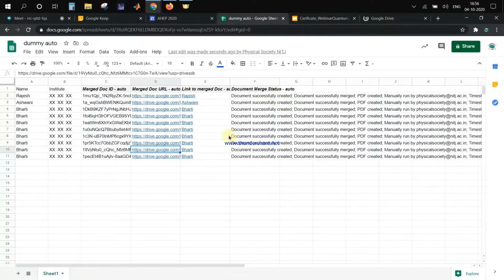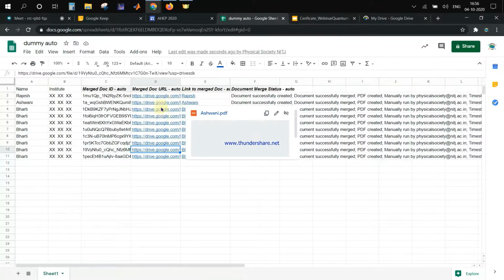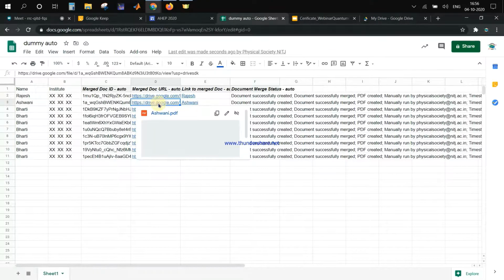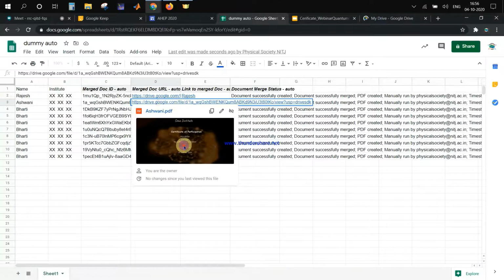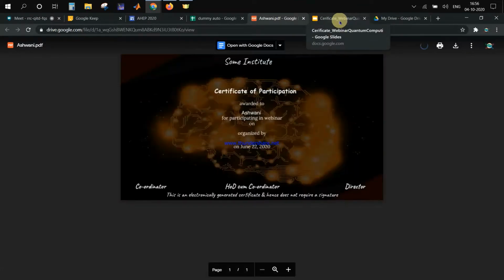Okay, the job is created, document successfully created. So for 10 different names, the PDF file is generated. So I can just click here. So the AutoCrat plugin has already created this certificate with the name Ashwini.